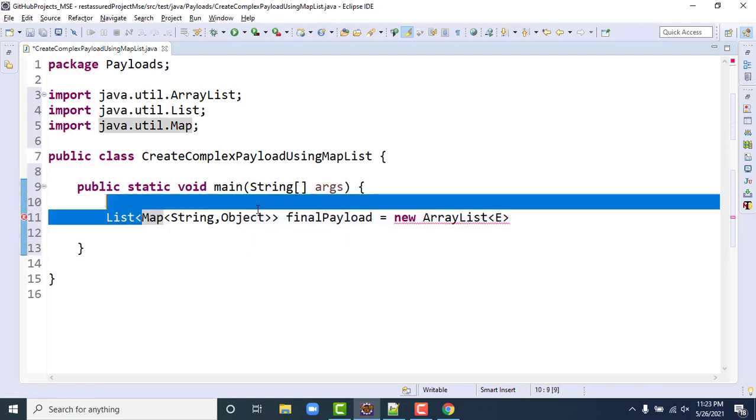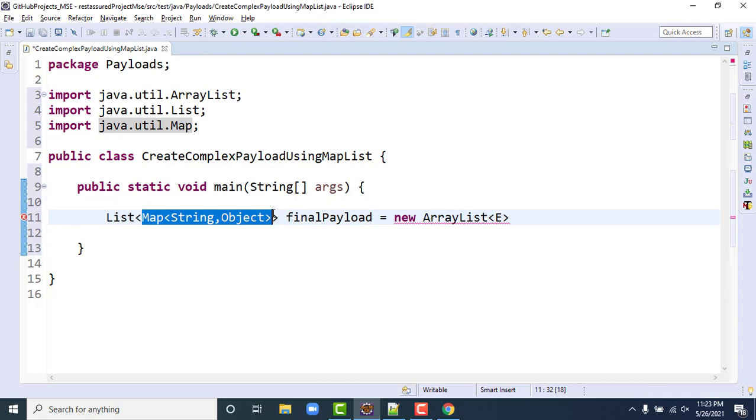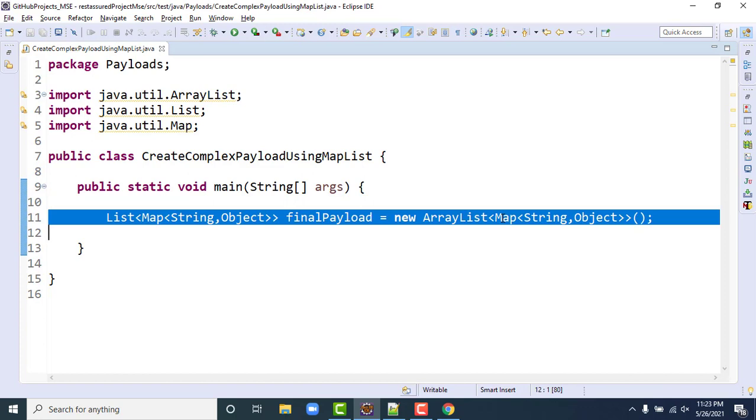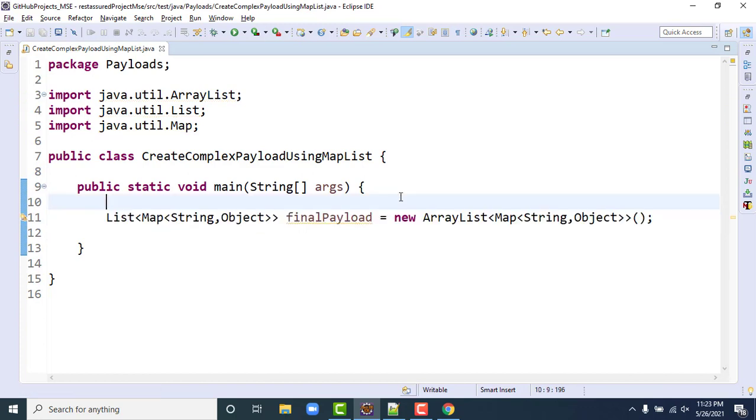Let me give the same generics on the other side as well. If you import it beforehand this is populated automatically, but I didn't import, so it was not coming. Fine, the first part is done. Let me put a comment here.